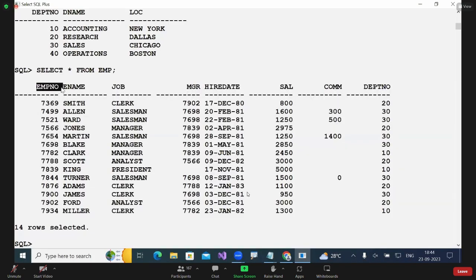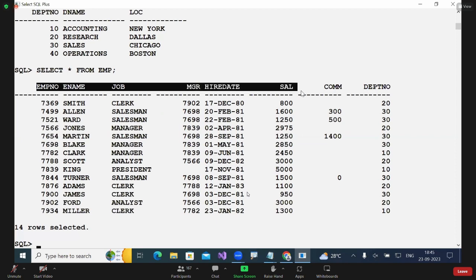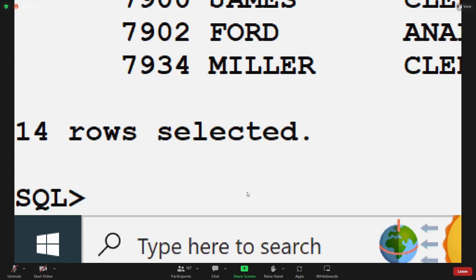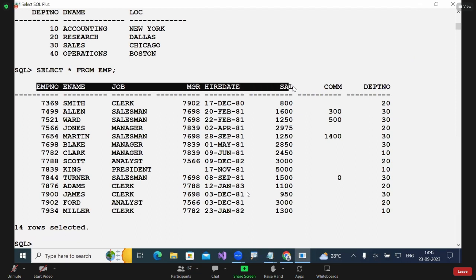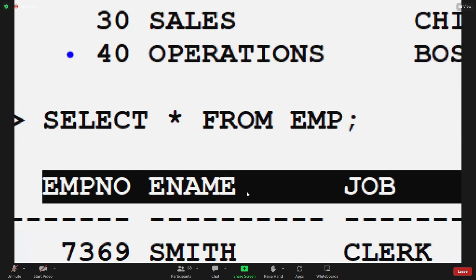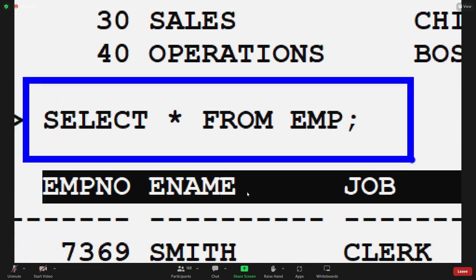So total columns: 1, 2, 3, 4, 5, 6, 7, 8 columns are there. And how many rows? 14 rows. So employee number, name, job, MGR, their manager numbers, their hire dates, their salaries, commissions, department number. So with the help of this small query, I can see the entire table